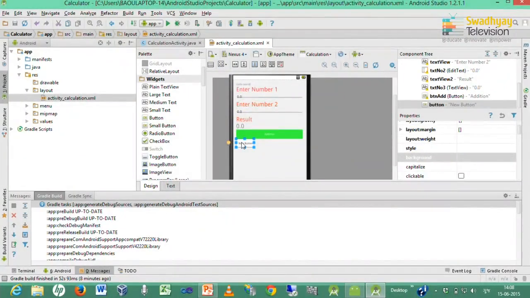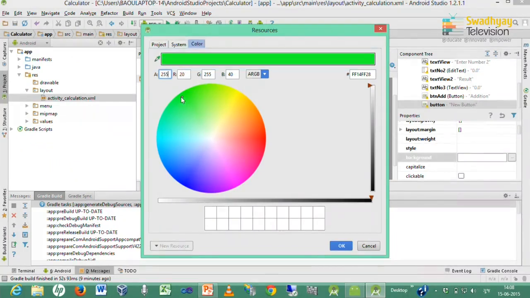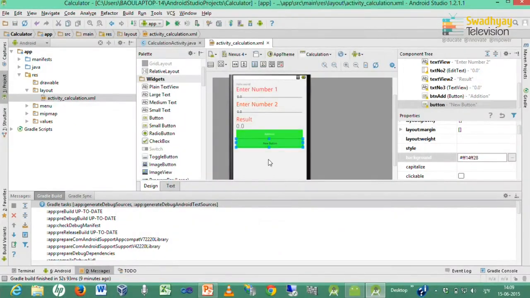So I subtract these and again set its background to green and its caption to subtraction, and I give it the name button sub, that means subtract.